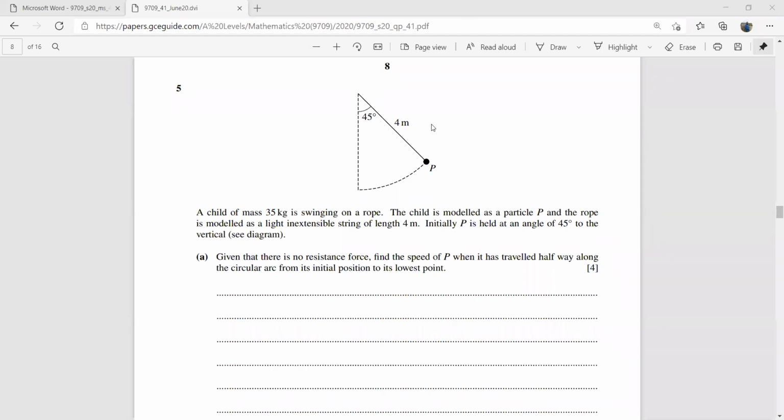If you read this question carefully, it says a child of mass 35 kg is swinging on a rope. The child is modeled as a particle P, and the rope is modeled as a light inextensible string. When it says light, that means you have to ignore the mass of that object, which is being labeled as light. Length of 4 meters. Initially, P is held at an angle of